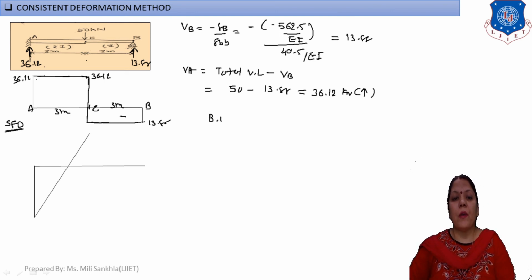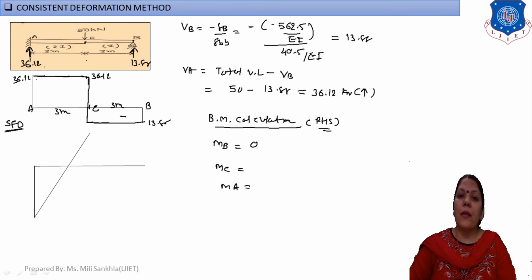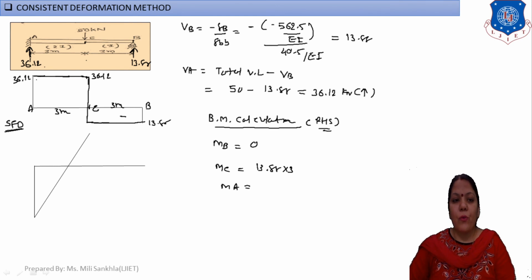Now here we make the bending moment calculation. First I find all bending moments from the right-hand side. My first bending moment is MB, my second is MC, and my third is MA. What is MB? MB is equal to 0. MC is anti-clockwise, plus 13.88 into 3, and my answer for this MC is